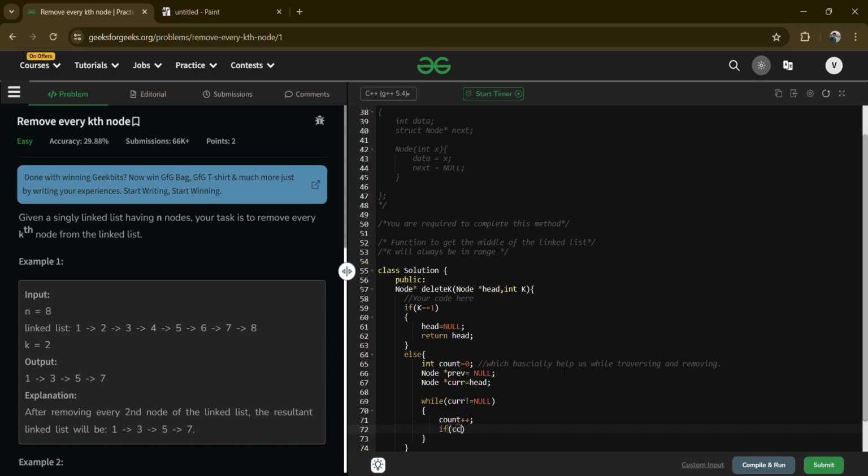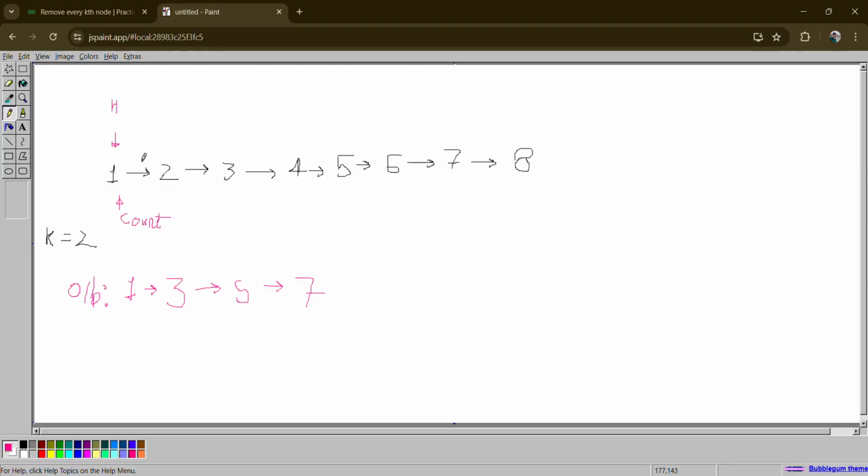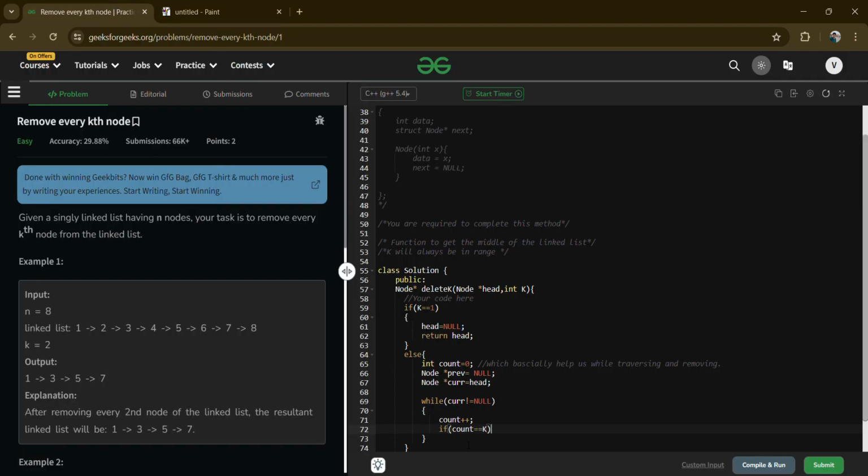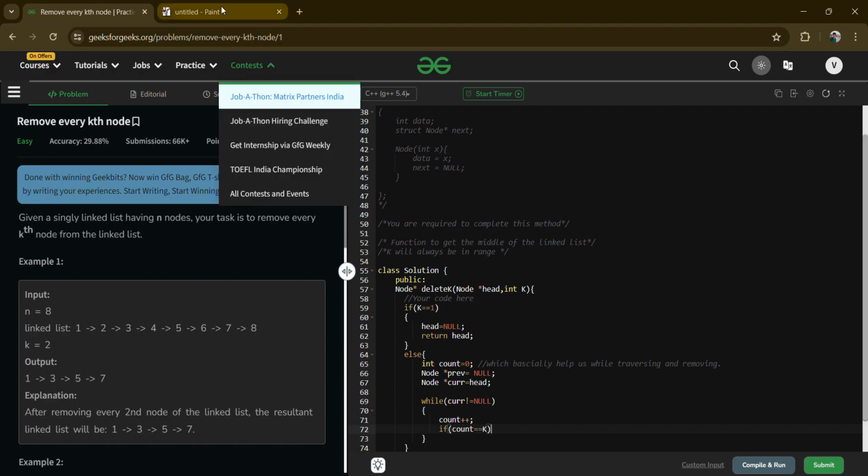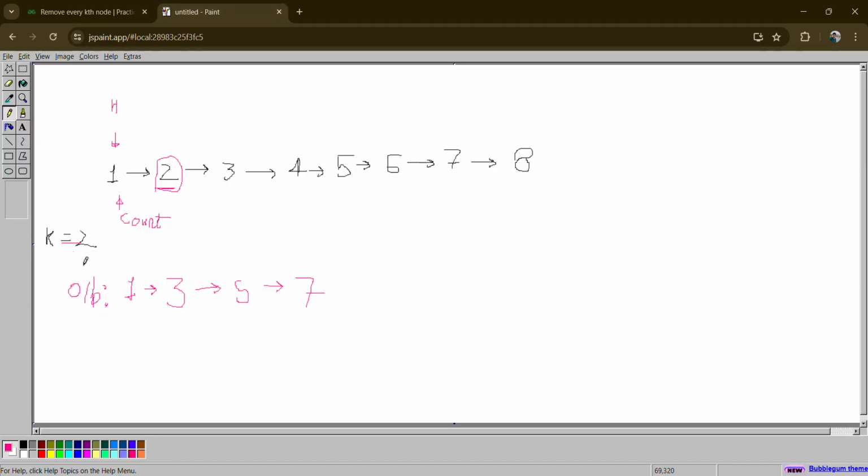That means if my count is equal to k, for example, if my k is equal to 2 here, so this is k equal to 1 and this is k equal to 2. If my count variable is equal to k, because I'm actually traversing here, as the k value is given here,